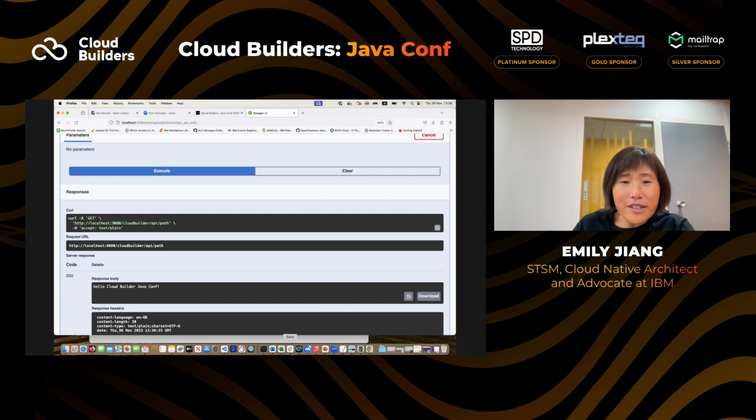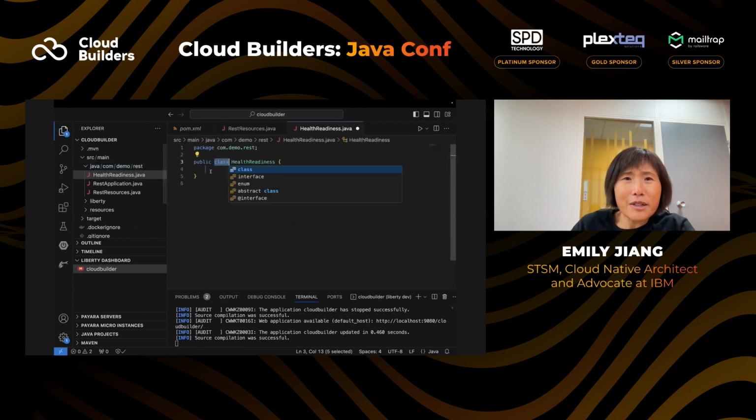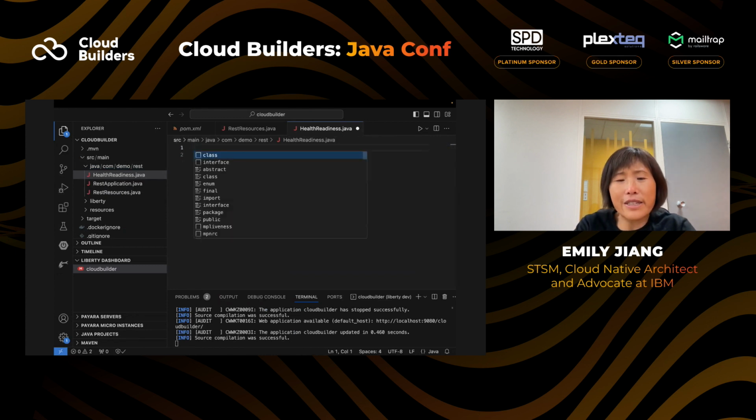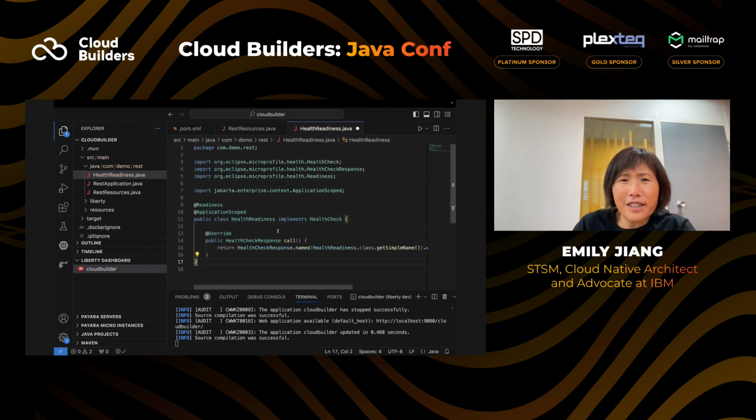The other thing I mentioned earlier is that you can do health as well. Once you deploy to the cloud, you need to talk with Kubernetes. If you say health ready, sometimes you need to tell when your application is ready, and you can directly implement a health check.